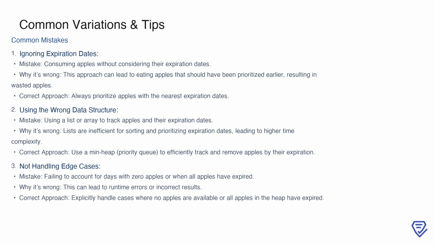Instead, a min-heap or priority queue is the right choice because it allows you to efficiently retrieve and remove the apples with the nearest expiration. Another common pitfall is not handling edge cases properly, such as days with 0 apples or when all the apples in the heap have expired. These scenarios can lead to runtime errors or incorrect results, so it's important to explicitly account for these cases in